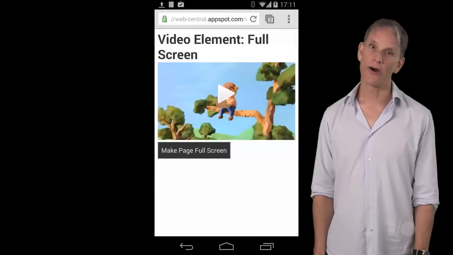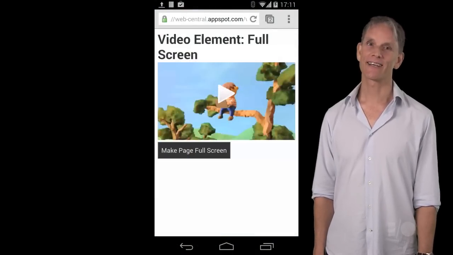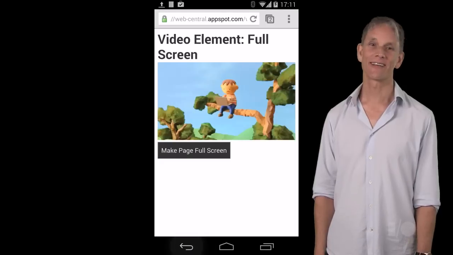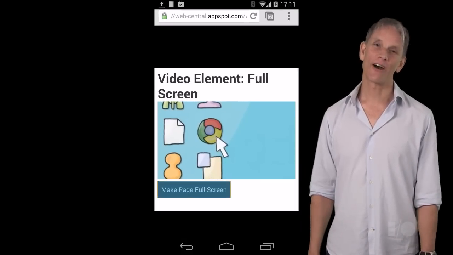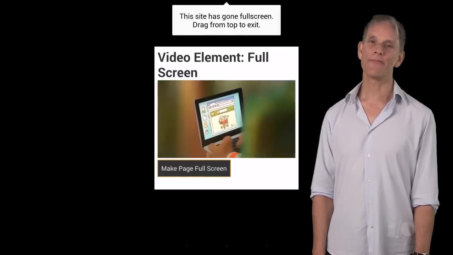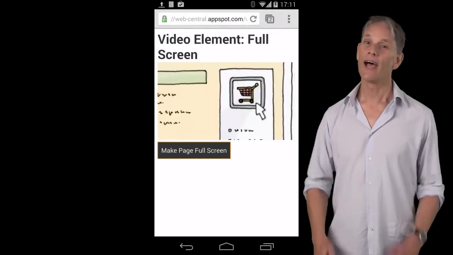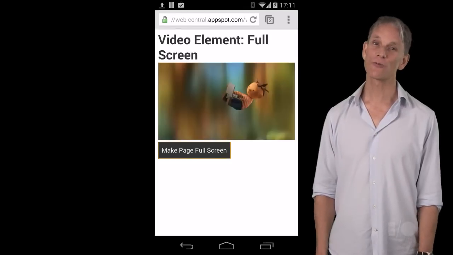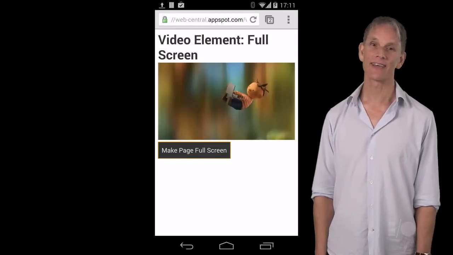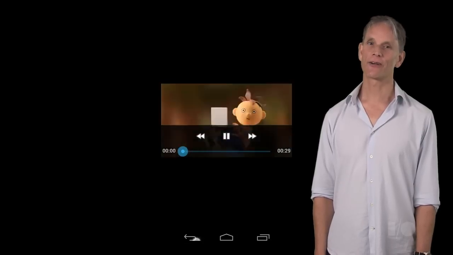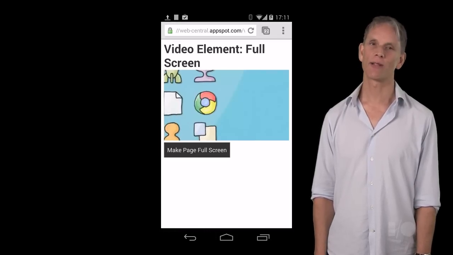Here's one I got wrong. I saved a video screencast at its original size, 1080 by 1920 pixels. It's enormous, over 5 megabytes in file size and much bigger in frame size than it needs to be for mobile. Now, my first impulse was just to tweak the size of the video element, but that's a bad idea. Much better to save the video close to display size in the first place.